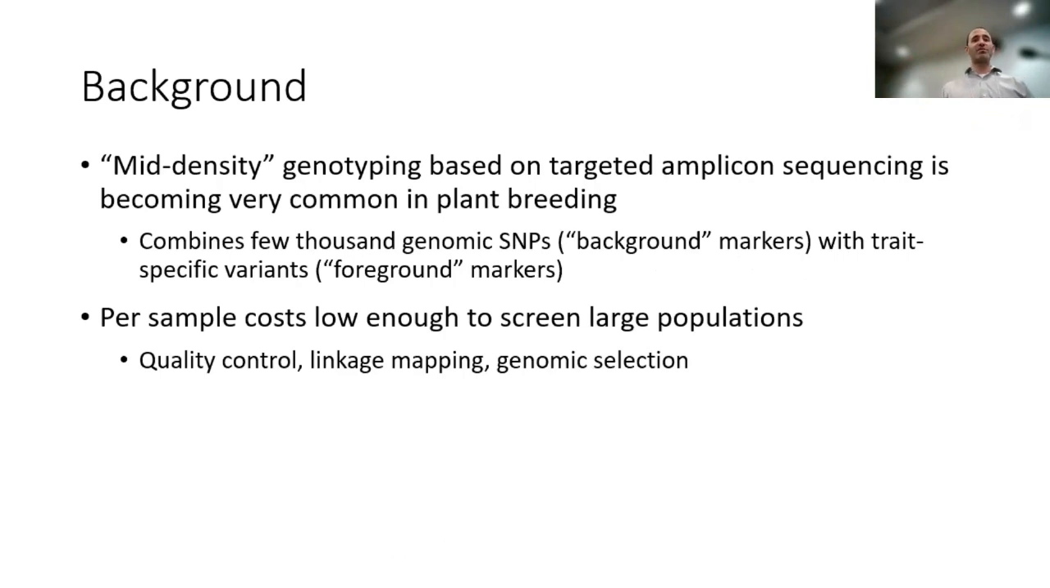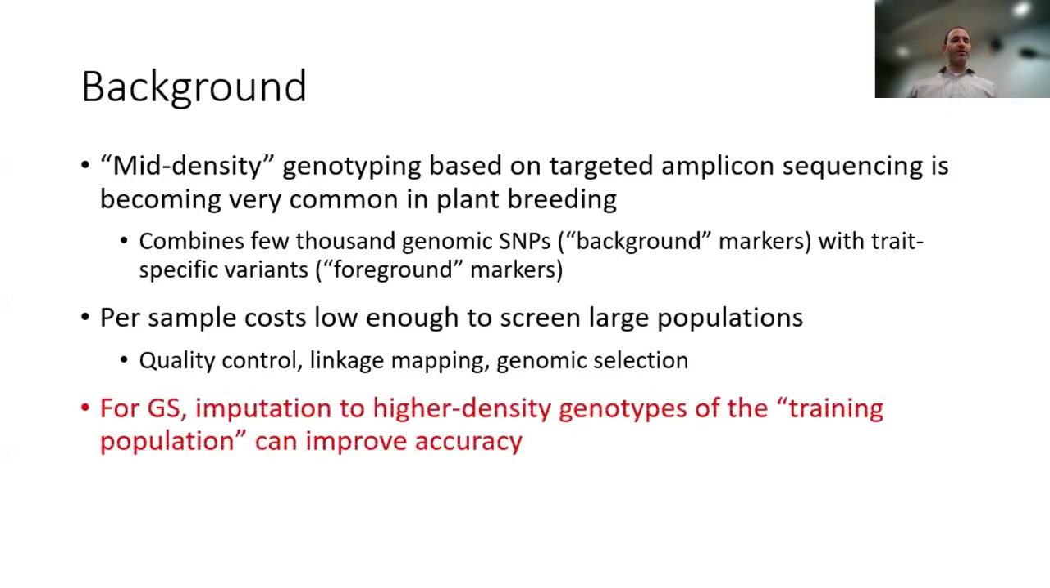Everyone wants to do this because it's really a great combination of having these genomics markers that allow you to look at relationships for quality control, linkage mapping, genomic selection. Plus, you can put trait-specific markers that allow you to replace the need to run CAST or other technologies for specific R genes and other quality traits. And the per sample cost allows you to screen large populations. The focus here is on the genomic selection application, and